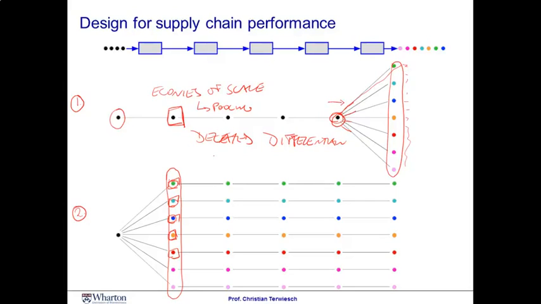The classic textbook example of delayed differentiation comes from the apparel industry. Benetton is a company that sells t-shirts, polo shirts in many different colors. What color is hot at what moment of time is really hard to predict, and so Benetton faces a lot of demand uncertainty. Now imagine two production processes. In the first production process, we take the different colors apparel and we send them through the production process of making a shirt. The alternative, and that's a great insight that Benetton came up with, is we're producing one generic shirt color